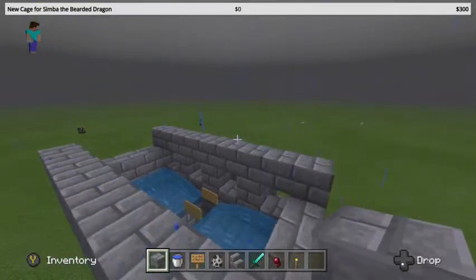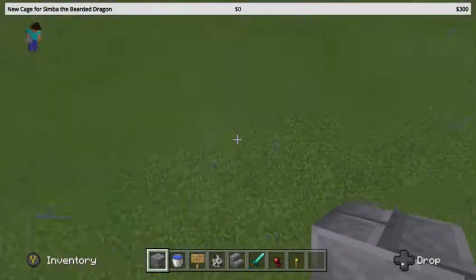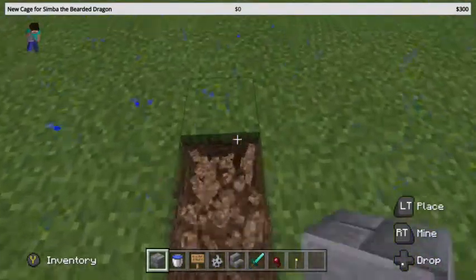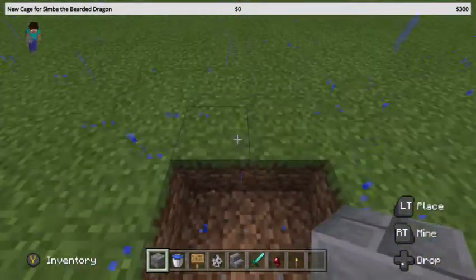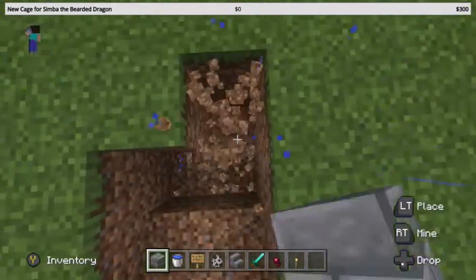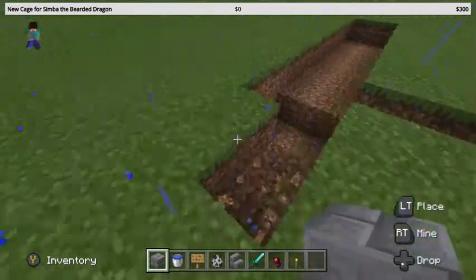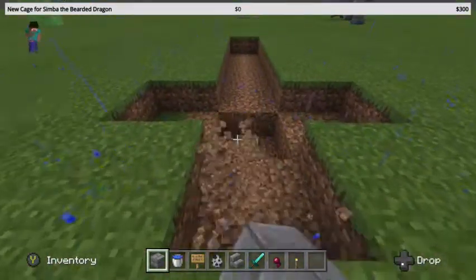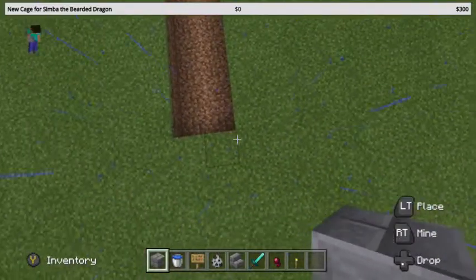So, the mob trap. I'm going to go with my classic one that one of my friends showed me. He basically showed me that if you build something like this up in the air, so you go 1, 2, 3, 4, 5, 6, 7, 8. This is for the water to spawn in. And this would be the hole in the ground. Then you build 8 out this way, and 8 out this way, and 8 out this way. So if you just go 8 out in every direction, and then close it off by a giant square,